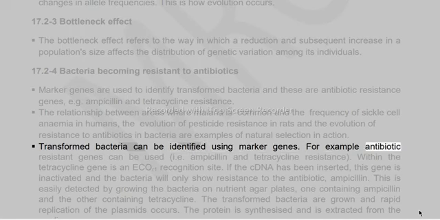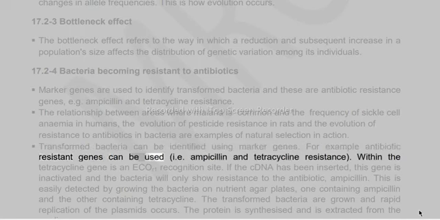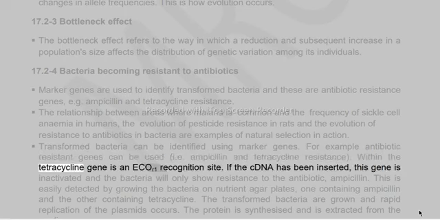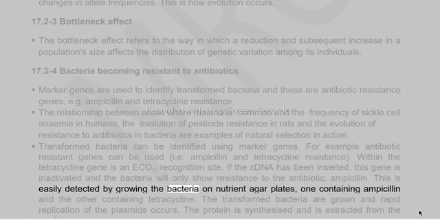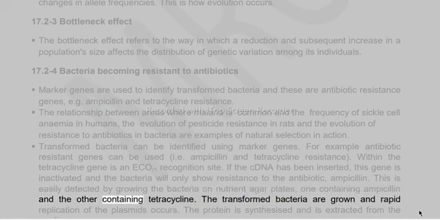For example, antibiotic-resistant genes can be used, i.e. ampicillin and tetracycline resistance. Within the tetracycline gene is an EcoRI recognition site. If the cDNA has been inserted, this gene is inactivated and the bacteria will only show resistance to the antibiotic ampicillin. This is easily detected by growing the bacteria on nutrient agar plates, one containing ampicillin and the other containing tetracycline. The transformed bacteria are grown and rapid